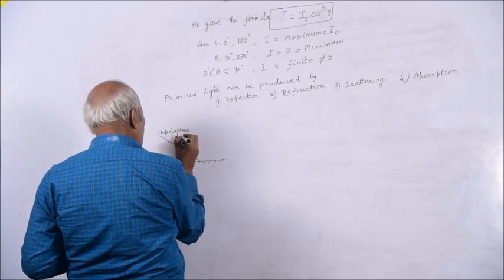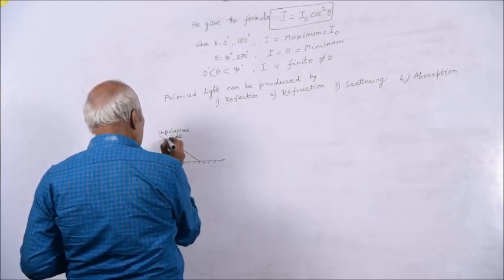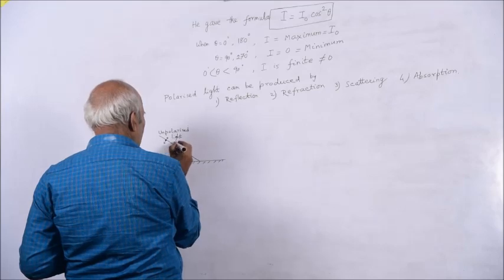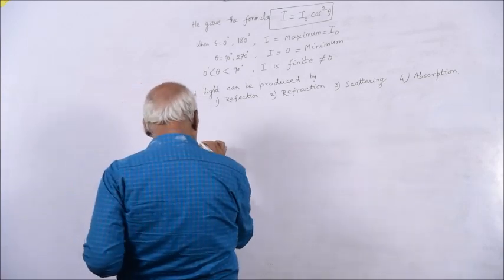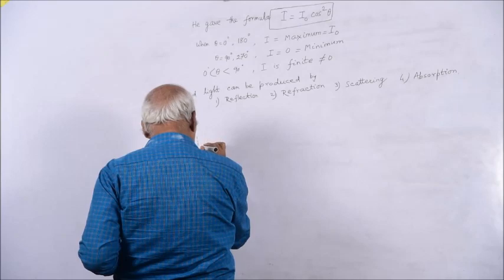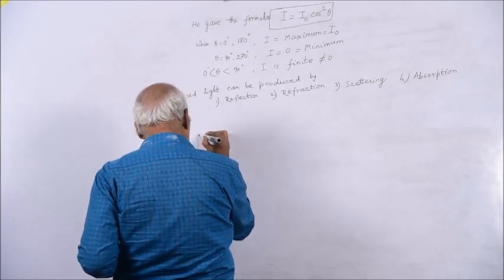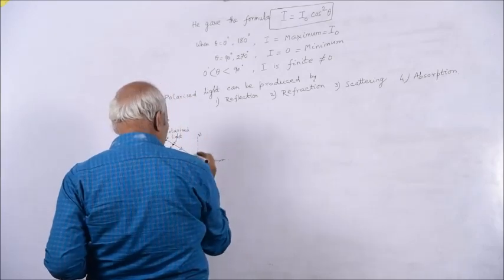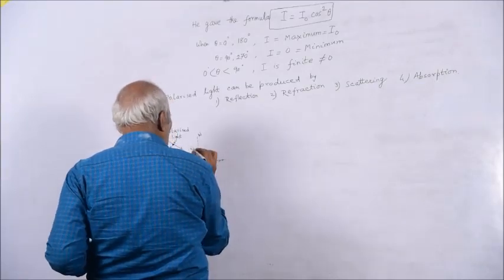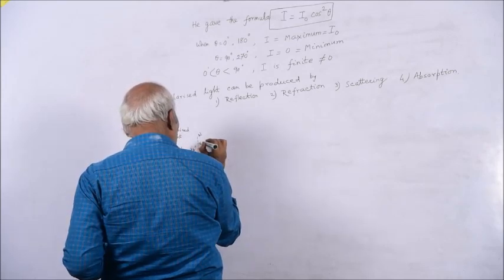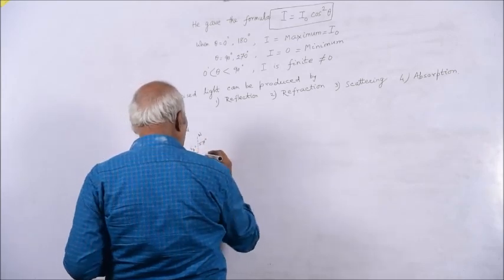Unpolarized light is represented by this symbol. So, when this is incident, the angle of incidence made with the normal can be changed. So, this angle of incidence is IP, that is polarization angle. If it is 57 degree,